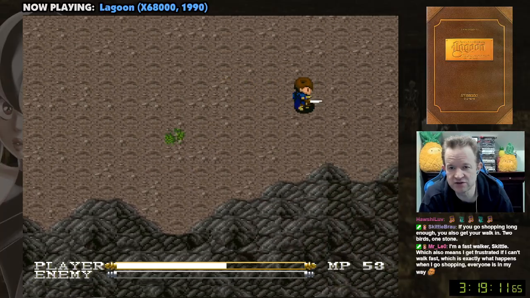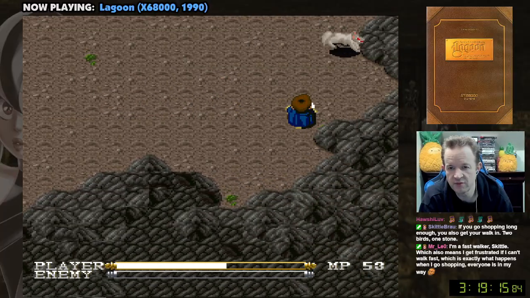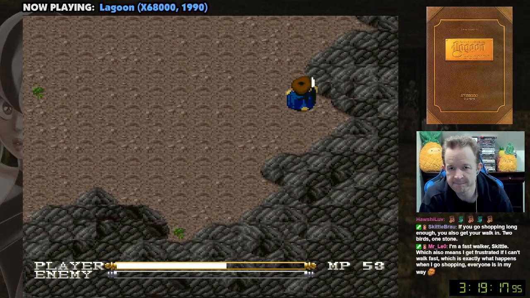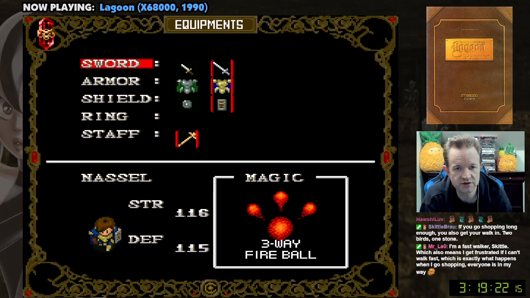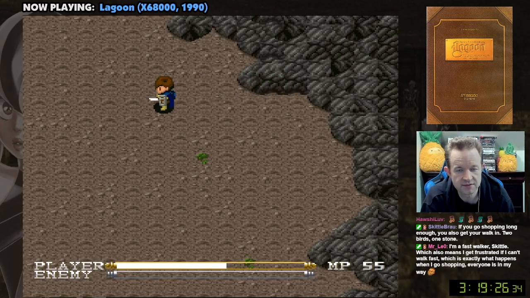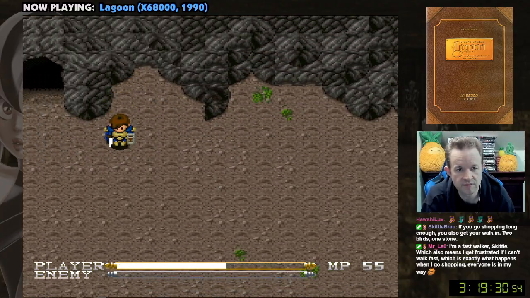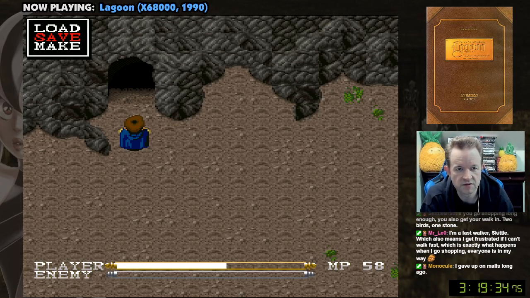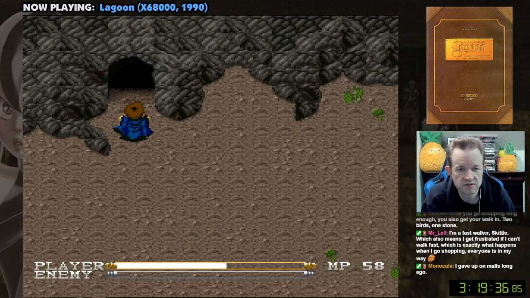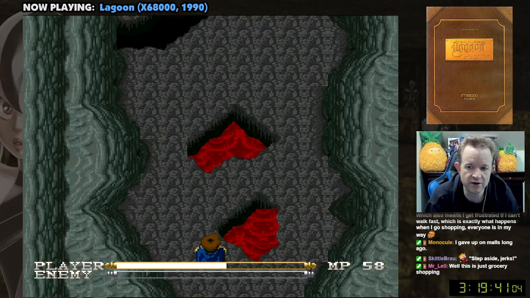Everyone's always in Mr. Leo's way. He needs to get his shopping done. Everybody should know how important it is. Those bastards. How dare you block Mr. Leo from his goals. Oh, we found the cave. Give it a mall. I've been to a mall a long time. I don't really go to...